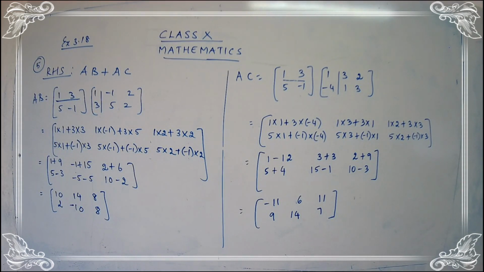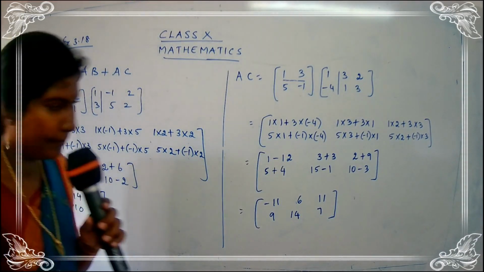This is a lengthy sum. This type of questions will be for 5 marks children. So you have to do. But steps are very easy, yes. You have to follow the same steps. Just write the matrix properly and you have to follow this multiplication. That's all. Have you completed the AB and AC? Okay, now let us go for the final part of the answer. So we are going to add AB and AC.